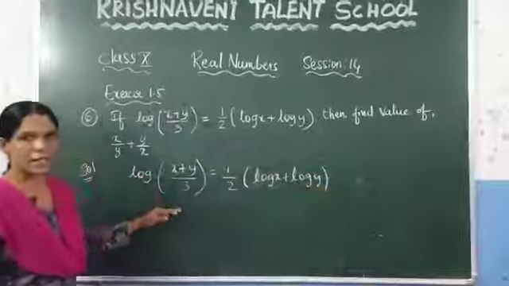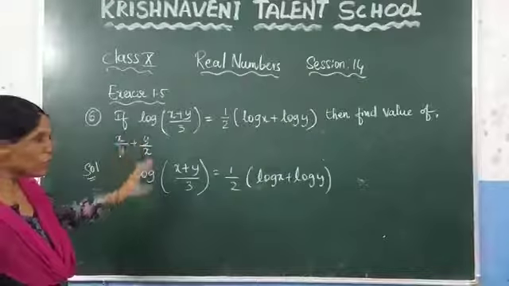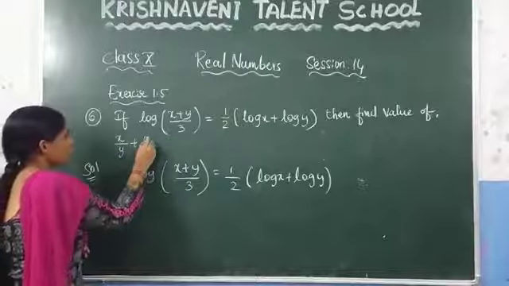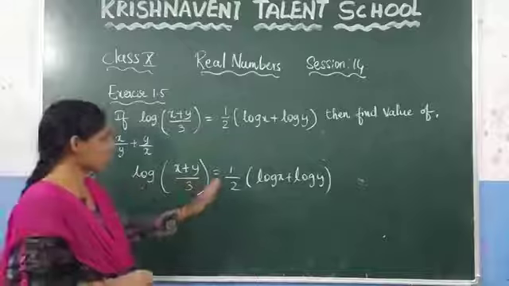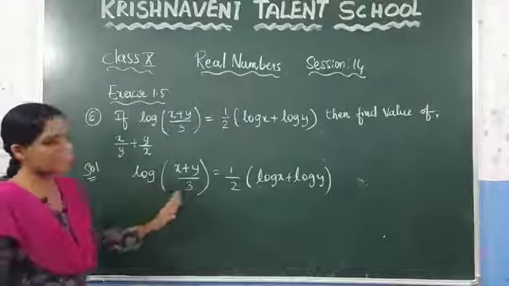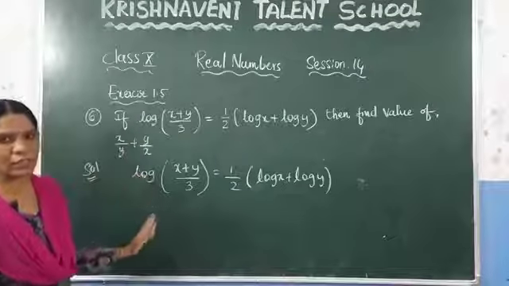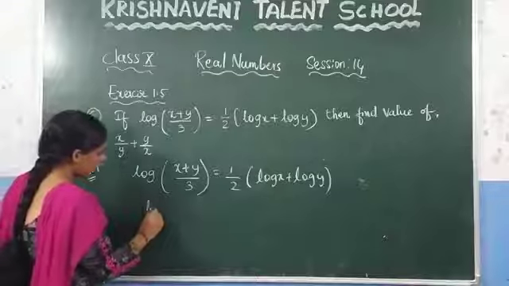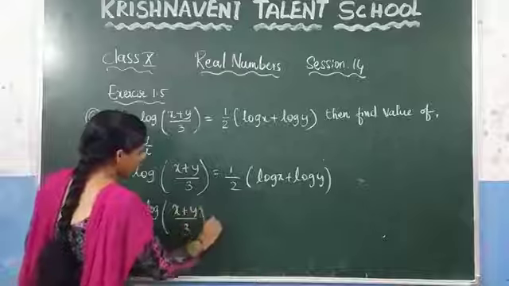This is the condition they have given. You need to find the value of x/y plus y/x. To find it, by taking this condition, first we make the log cancel on both sides. If you cancel log on both sides, then you will get the values in the form of the variables. For that reason, write here log (x plus y)/3 is equal to